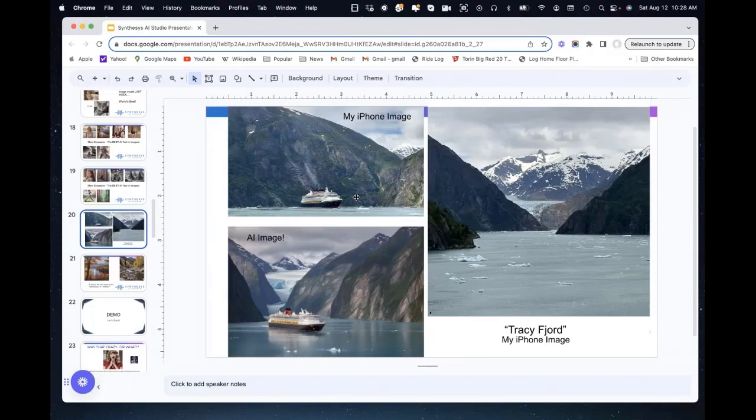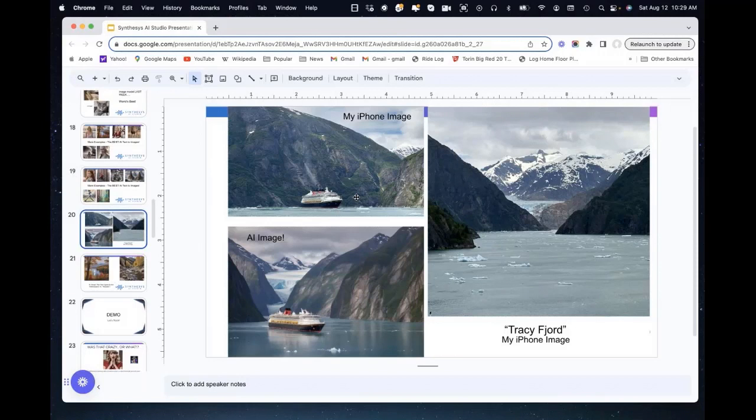My iPhone image is on the upper left. That is me after I came off of a Disney cruise ship, turned around, and took a picture of that Disney cruise ship. On the lower left, I wanted to recreate that scene. So I said, I'm in Tracy Arm Fjord, which is up in Alaska, south of Juneau.